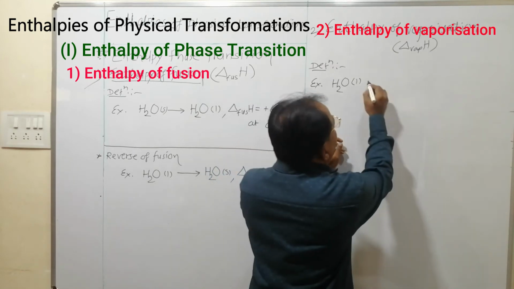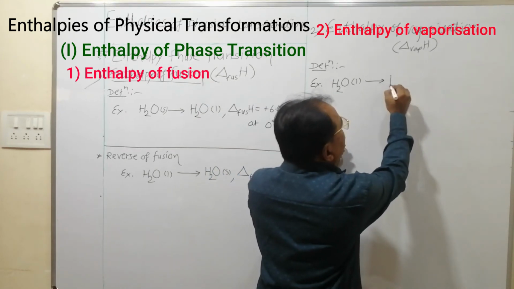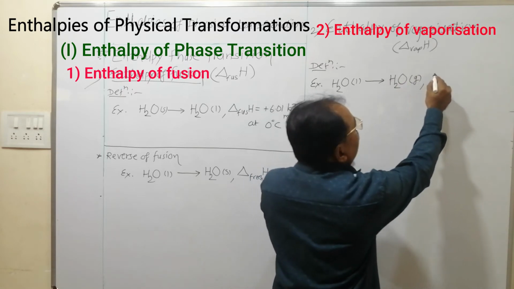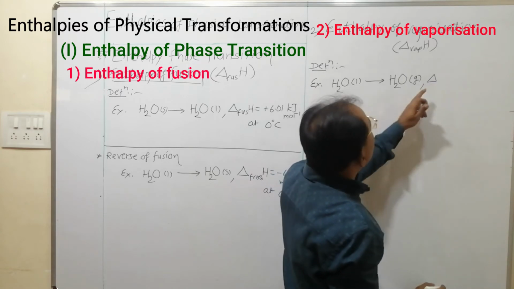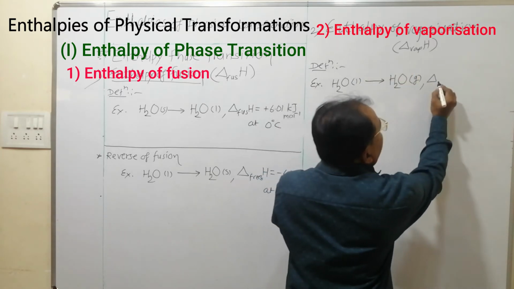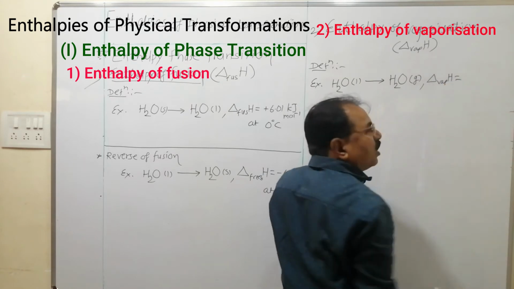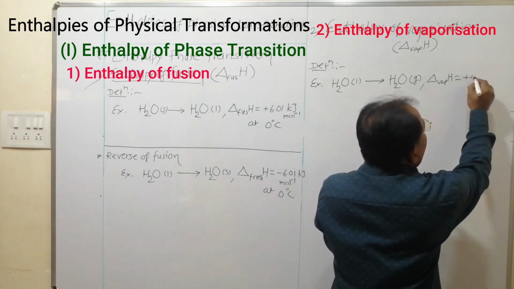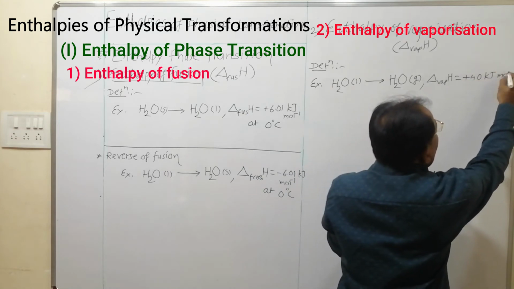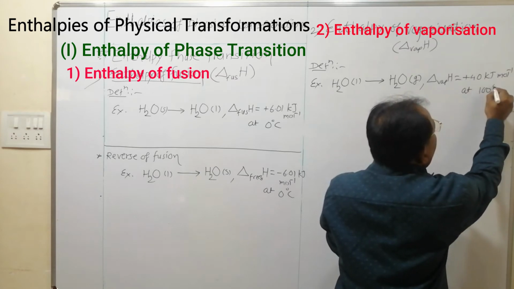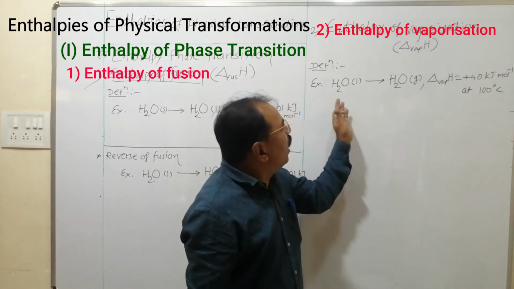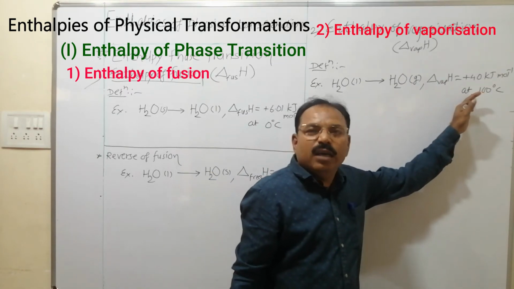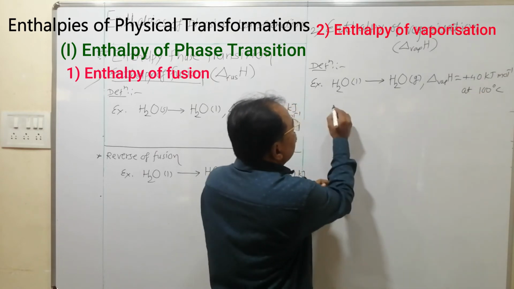It vaporizes into water vapors, H2O in gaseous state, and its change in enthalpy, that is the enthalpy of vaporization, delta vap H, is equal to plus 40 kilojoule per mole at 100 degrees Celsius. I am again writing this example, changing the temperature, that means at 25 degrees Celsius, the